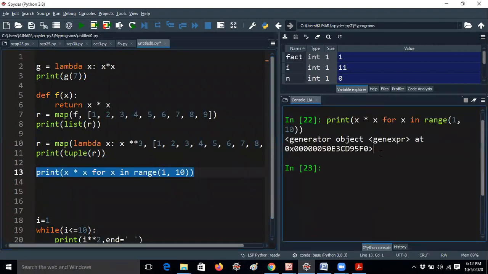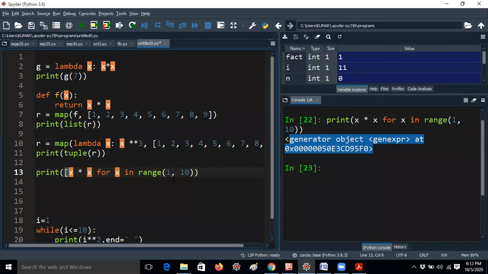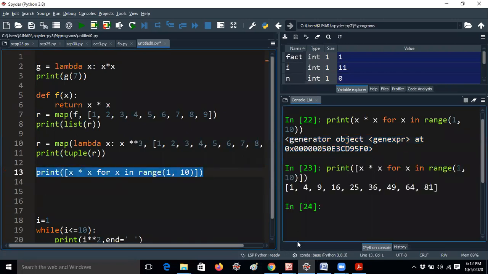Okay, it is generating an object only, because just now I told you, if I am giving print list of R, then only the output will be in the correct order. So you have to give the list, then only it will get the correct order. That's the reason I have given brackets directly like this. If I give list again, it is just lengthy, so I have given simple code like square brackets. Now I will get the code. Hope your doubt is cleared. I think you asked a good doubt. Thank you, guys.